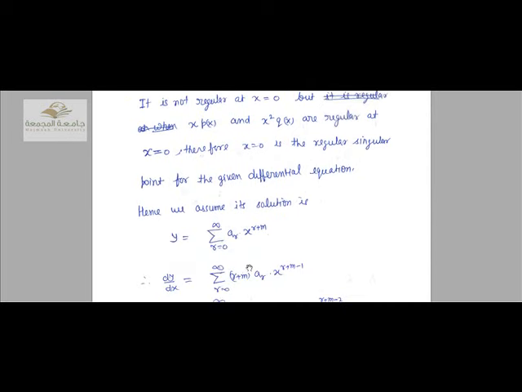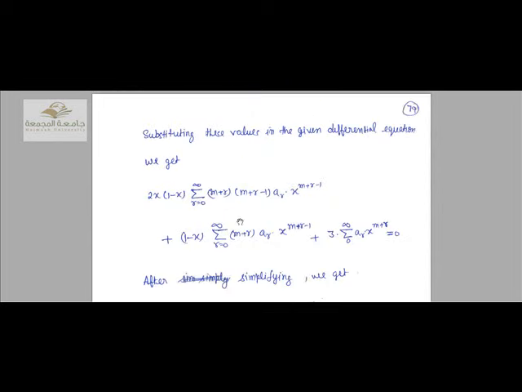Hence we assume its solution is y is equal to summation r is equal to 0 to infinity ar x to the power r plus m. Therefore dy by dx is equal to summation r is equal to 0 to infinity (r plus m) ar x to the power r plus m minus 1, and d2y over dx2 is equal to summation r is equal to 0 to infinity (r plus m)(r plus m minus 1) ar x to the power r plus m minus 2. Substituting these values in the given differential equation, we get